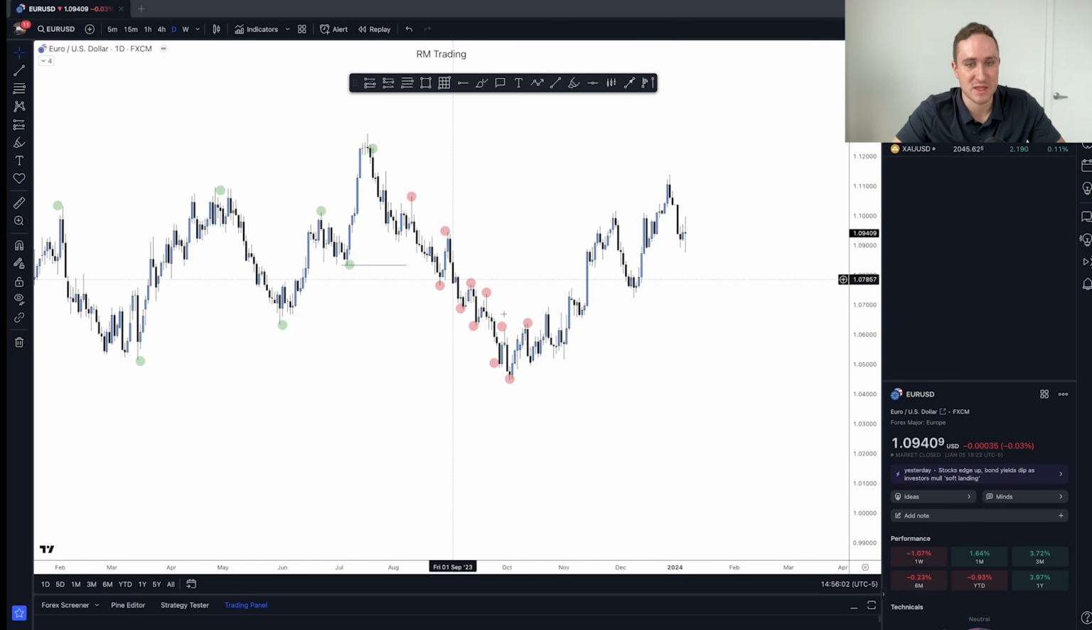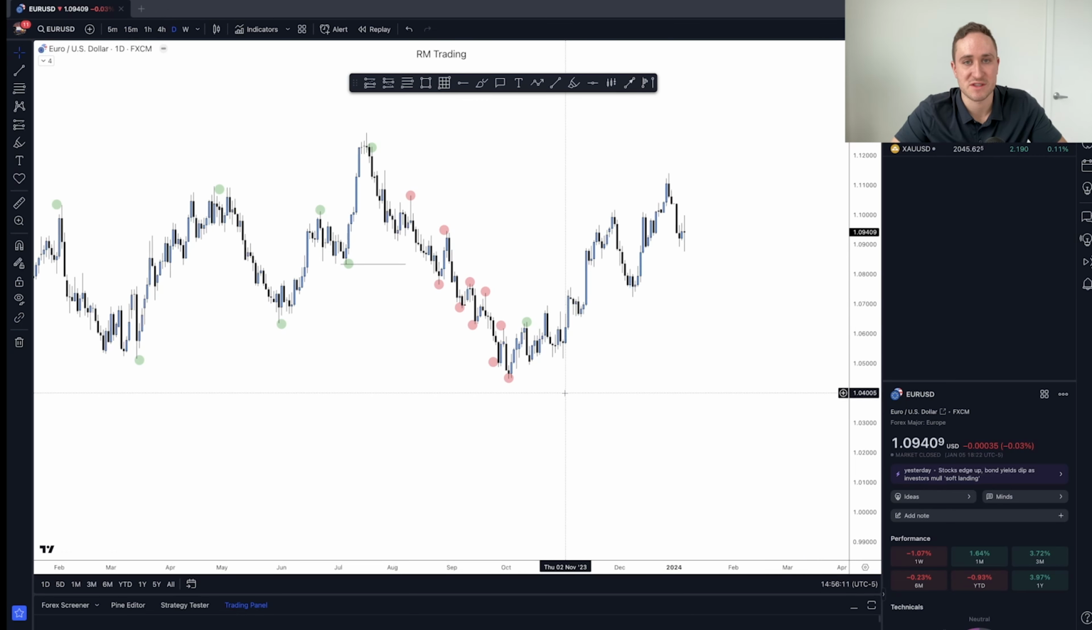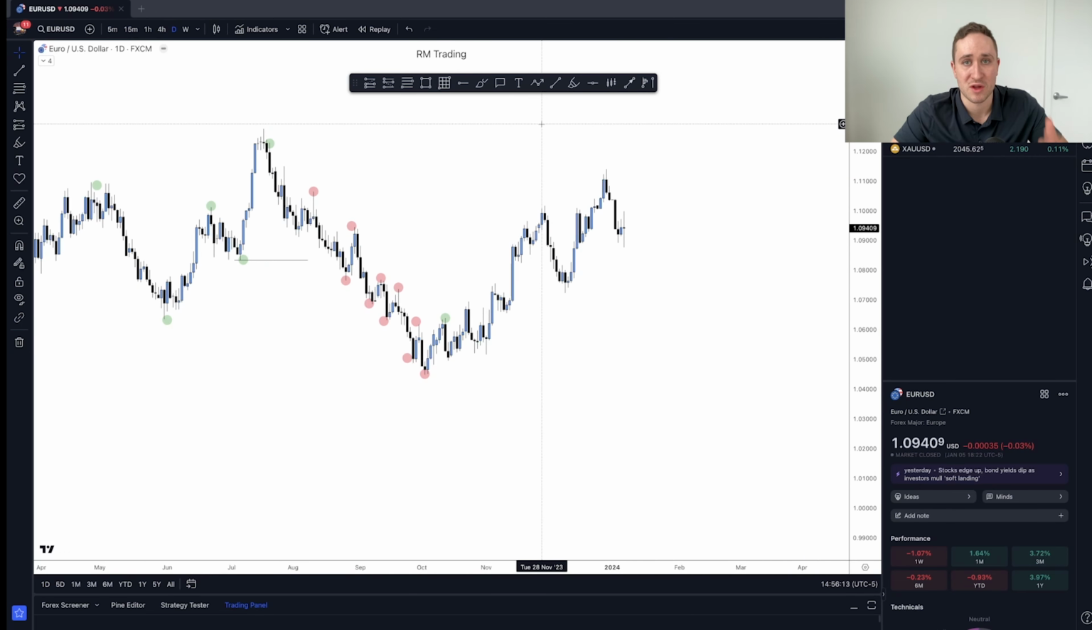Do you guys get the common theme here? We want to trade with what market structure is currently showing us. That gives us the best opportunity to be on the winning side. I'm just going to mark this out like so. Bullish structure